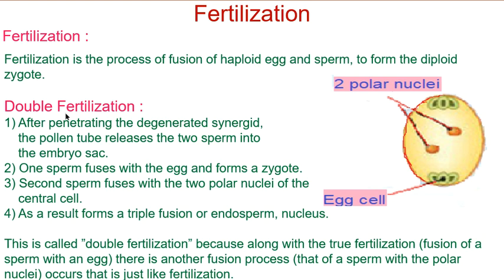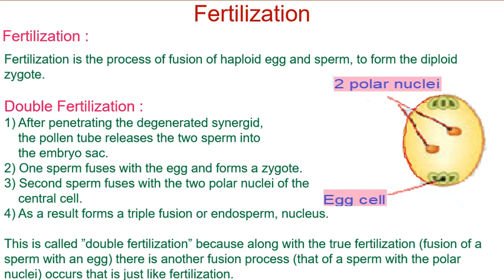To understand double fertilization, just have a look at this diagram. This is an embryo sac, a mature embryo sac, which has two polar nuclei, one egg cell, and two synergid cells. Fine. So what happens in this? After penetrating the degenerated synergids, means after penetration of this area, the pollen tube releases two sperms into the embryo